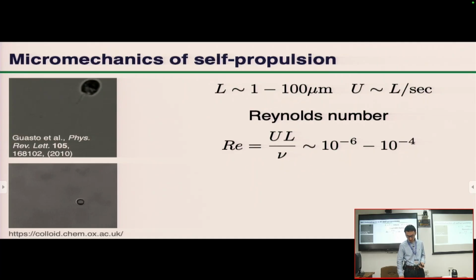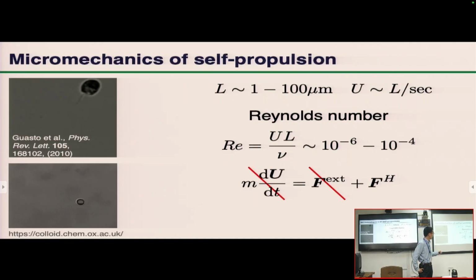What that means for Newton's law of motion is, first, we can neglect the left-hand side, which is the inertial term. But also we're talking about self-propulsion. These swimmers are generating their own thrust, so we're not applying an external force to this system. So there's also no external force. And the only